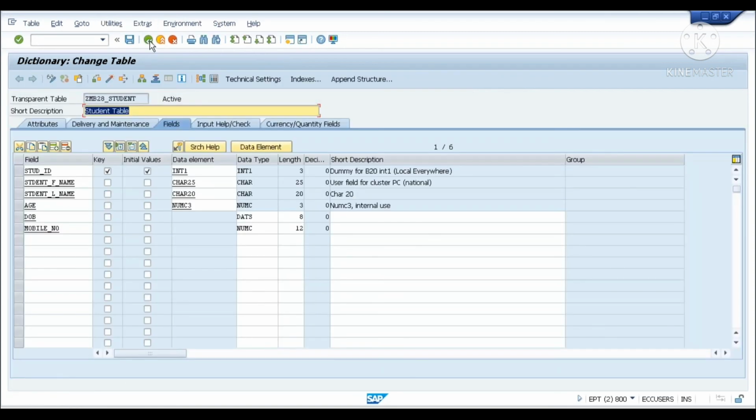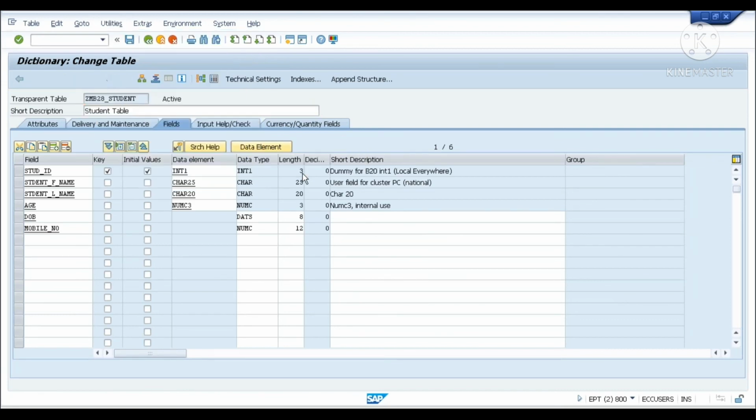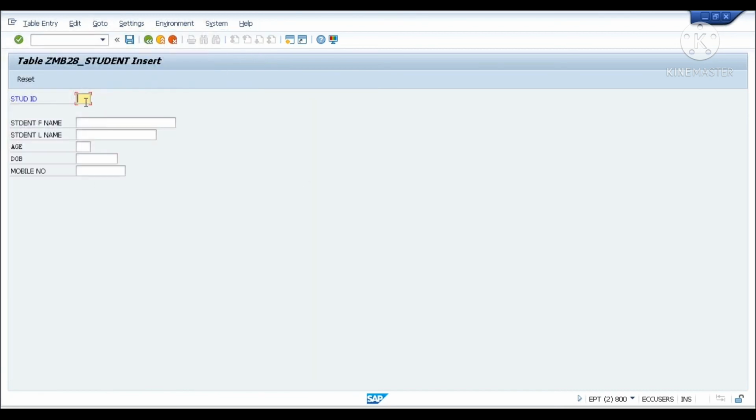Just go back once again, and here, if you want to put an entry, you can go to the table contents and click on create entries. Give some values over here. The student name maybe, first name George, last name Bush, age 23.